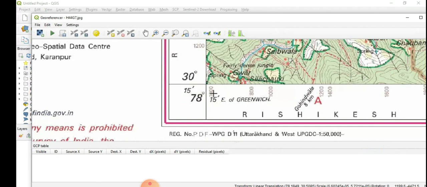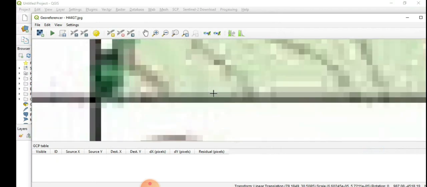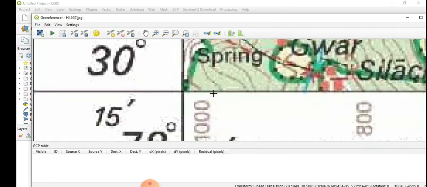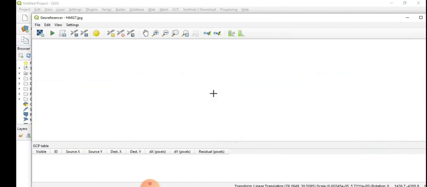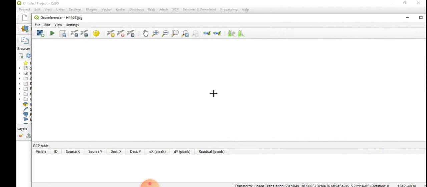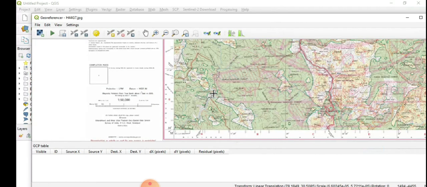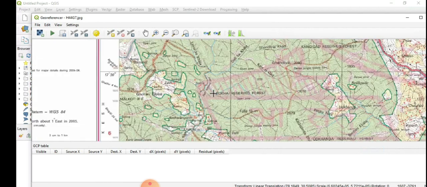If I zoom in too much, I'm not able to find the exact corner. To avoid any problem, if I zoom out, you can see there are these grid boxes on your topo sheet. I have chosen this point, and I advise all of you to choose the same point.